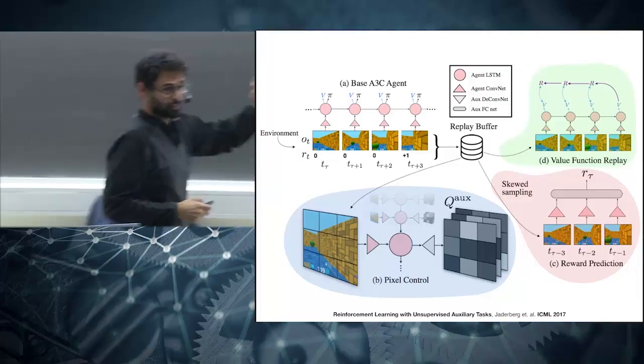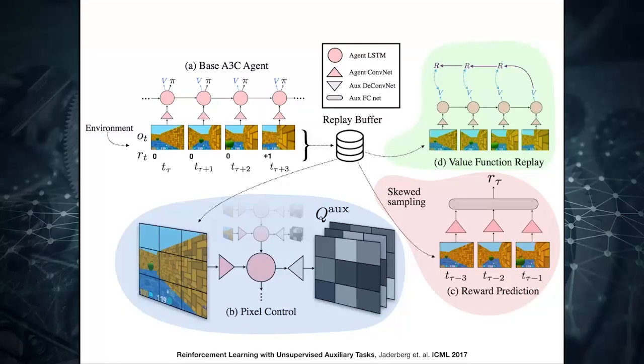So I said the main idea here is to use the replay buffer more wisely. And the way it's done is there are 3 separate things that they do with the replay buffer. And those 3 essentially are, one is to control the pixels, get a representation. So these all are sharing most of the representation of the actual agent.